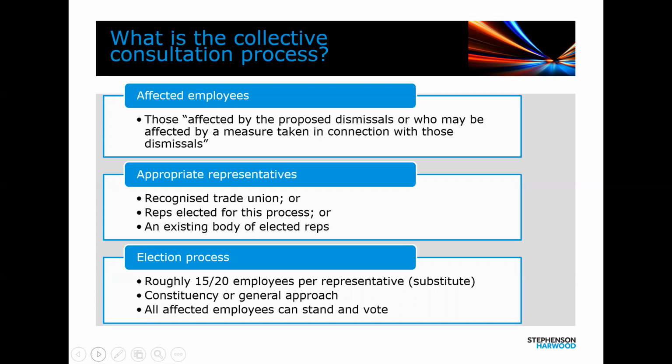The employer must make arrangements that are reasonably practicable for a fair election. It's for you to decide how many representatives should be elected. This can be based on the number and classes of affected employees, but as a rough rule of thumb, you'll want approximately 15 employees per representative. And I would always advise that you have a substitute representative who can step in should the elected rep either be ill or be made redundant in an early round of a redundancy exercise. So you need to have that substitute to ensure that the process either doesn't get frustrated by having to re-elect someone or is paused because the elected rep isn't around.